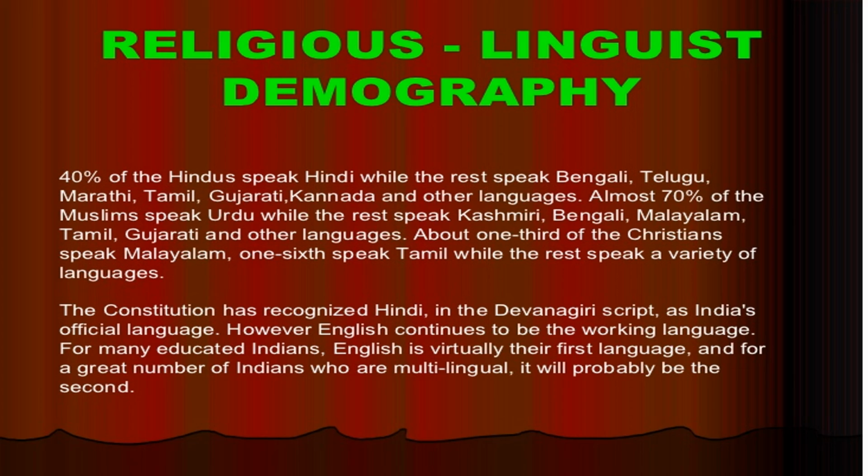So this slide is about the linguistic demography of India. We know that India is a land of linguistic diversity, and according to a survey, there are 179 languages and as many as 544 dialects in the country. In the context of modern India, there are about 22 scheduled languages and a number of non-scheduled languages. Among the scheduled languages, the speakers of Hindi have the highest percentage, as you can see in this one, and the smallest language groups are Sanskrit, Bodo, and Manipuri speakers, according to the census of 2011.